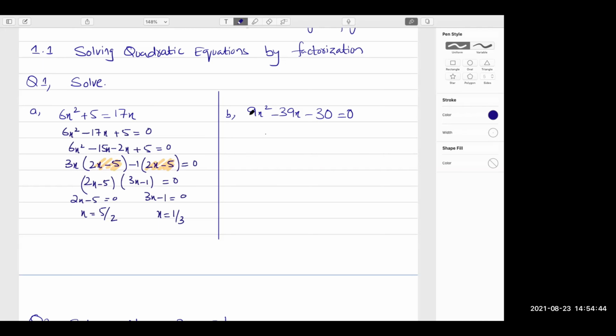Because all the terms, I see that they are multiples of 3. So if you can just take 3 common out, you're going to get 3x squared minus 13x minus 10 equals